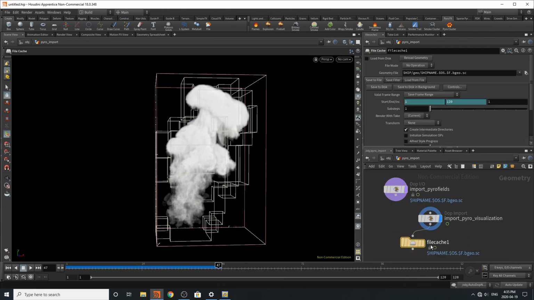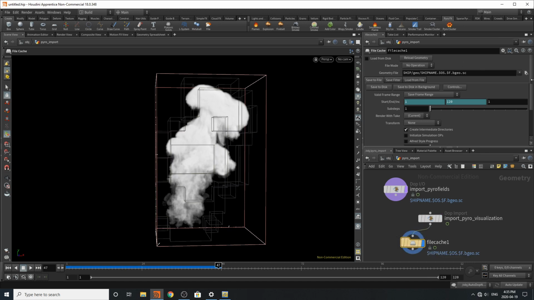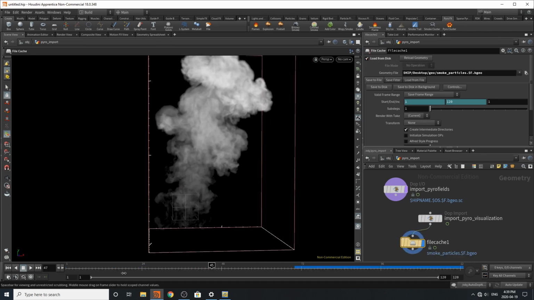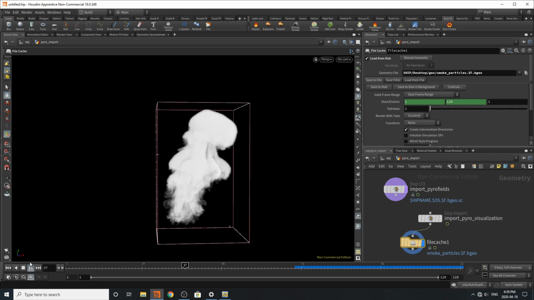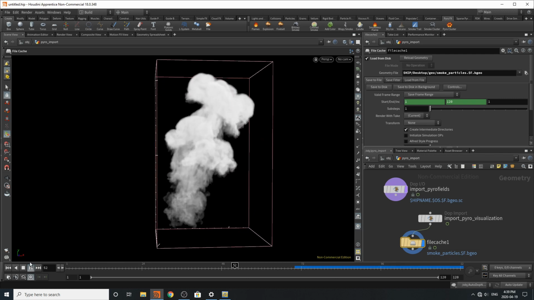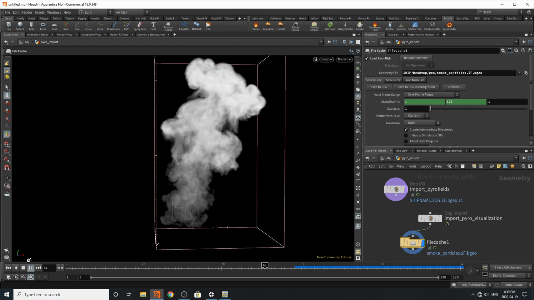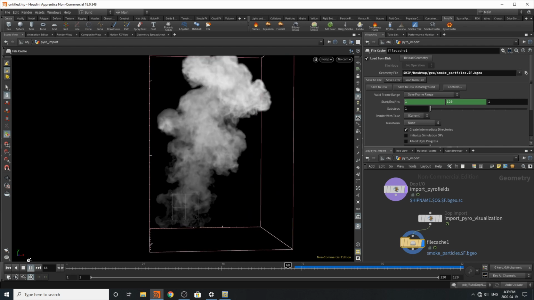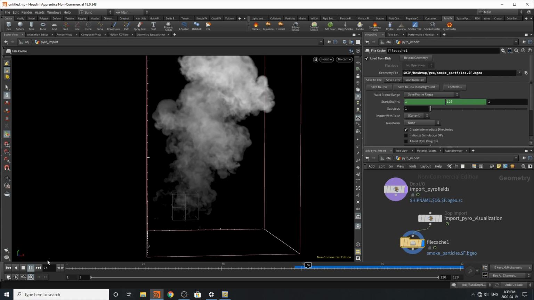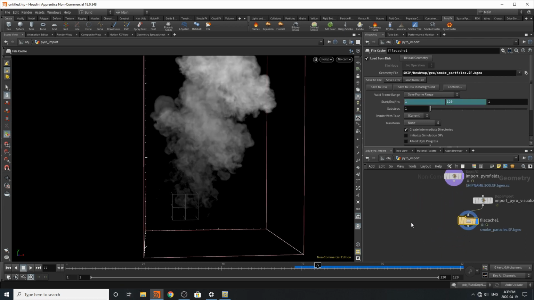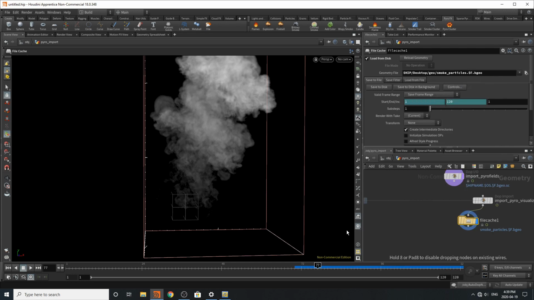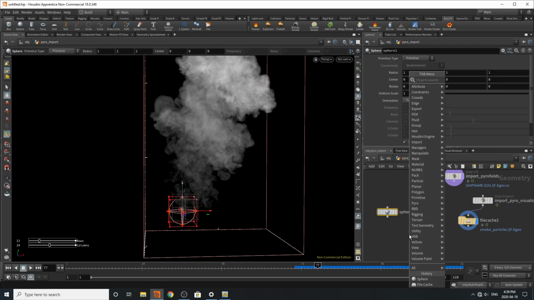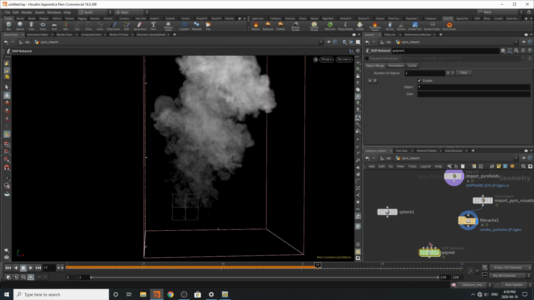So I'm going to go to my file cache, and I'm going to save this out. All right, so our cache is all ready to go. Let's play this through in real time, just so we can see how the sim works. And so basically our particle advection hopefully will move like that, which looks really nice. So what we'll do is we'll lay down a sphere